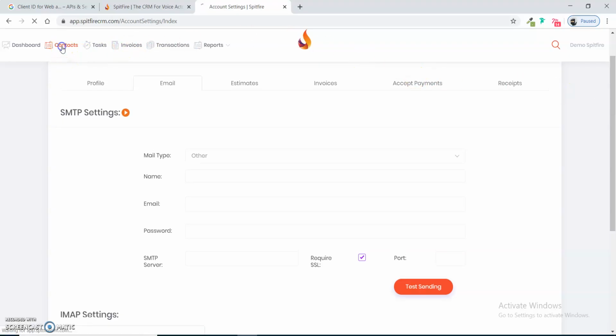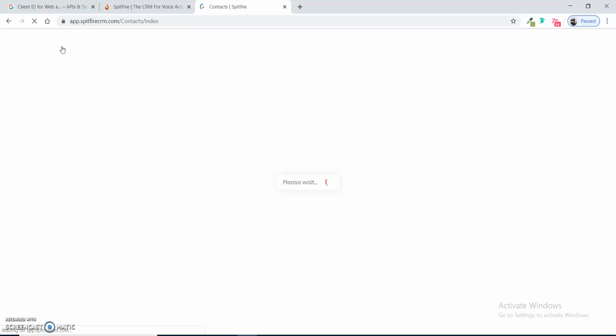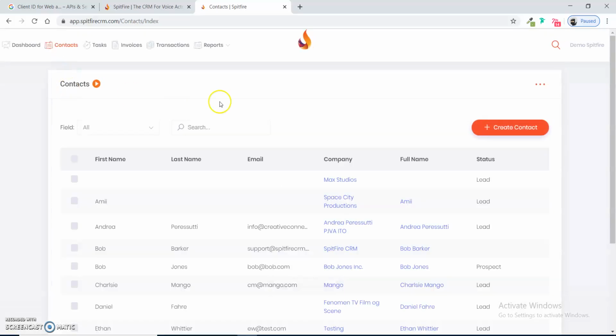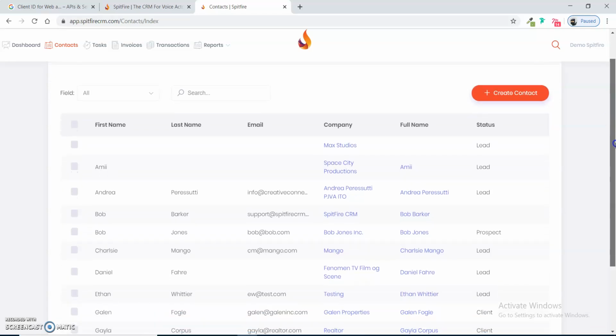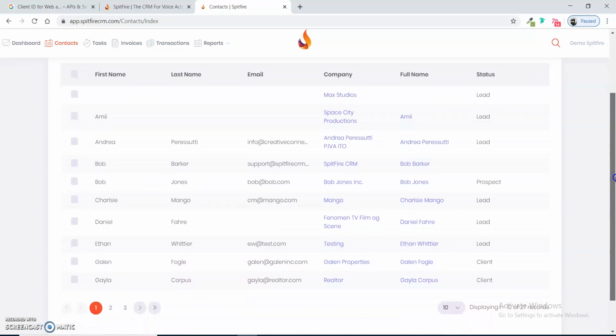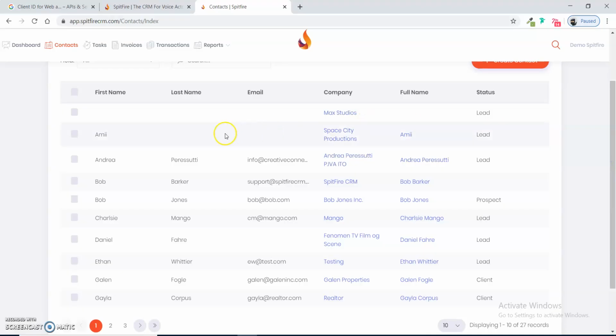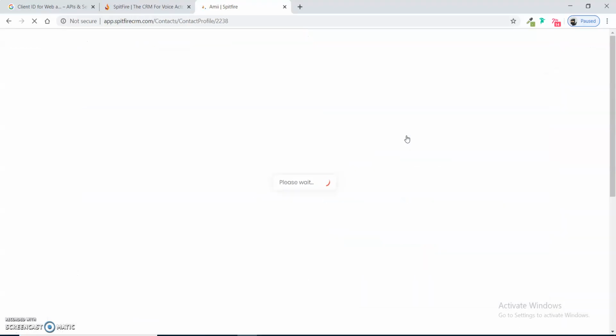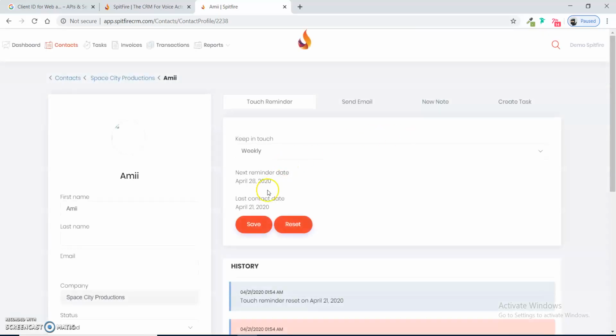Go to contacts. And here are all the contacts. Just go to any of the contacts. Here you can see the last contacted date for this contact.